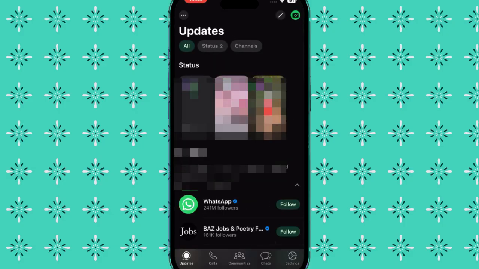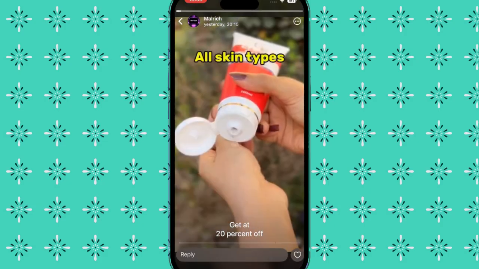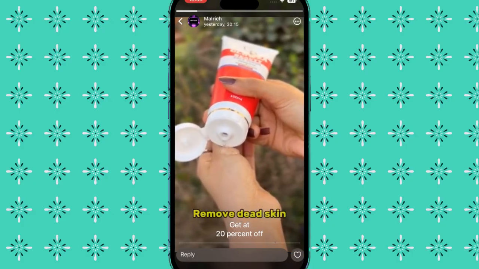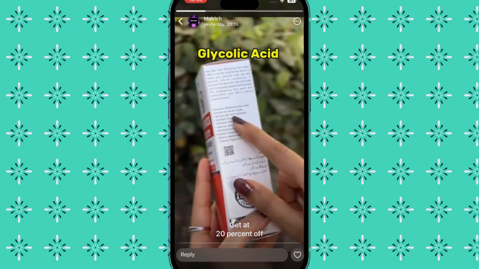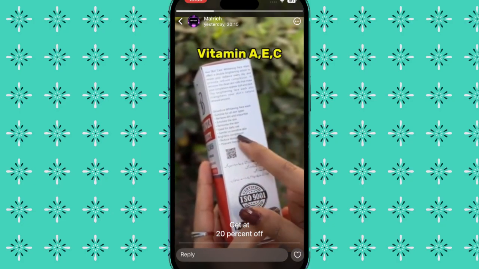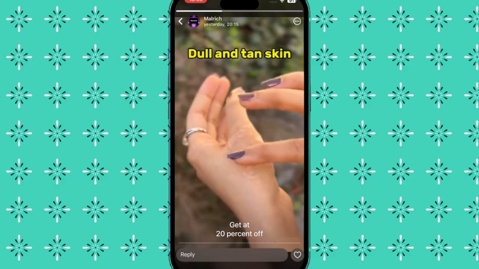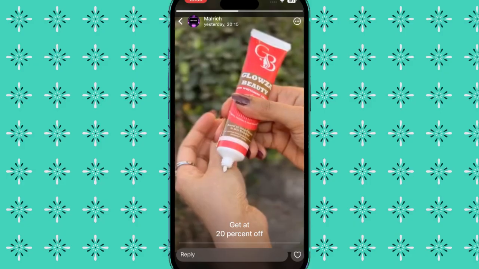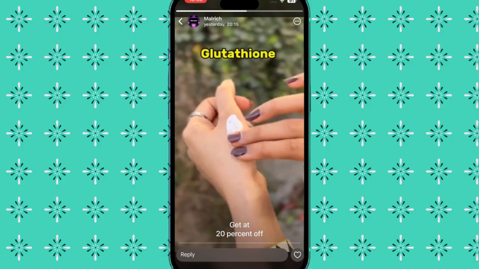After selecting the status, I'm selecting any status that I want to download. After selecting that status, here you can see I'm screen recording that status. So keep watching the video and the screen recording is on. All the data, all the sharing, all of this data on the screen is being recorded. Now everything you are using is being scanned and recorded, and it will be downloaded